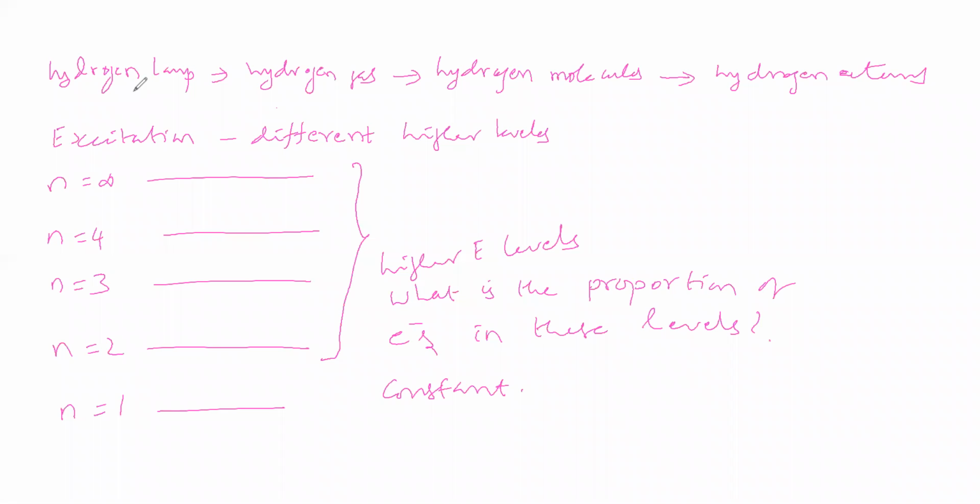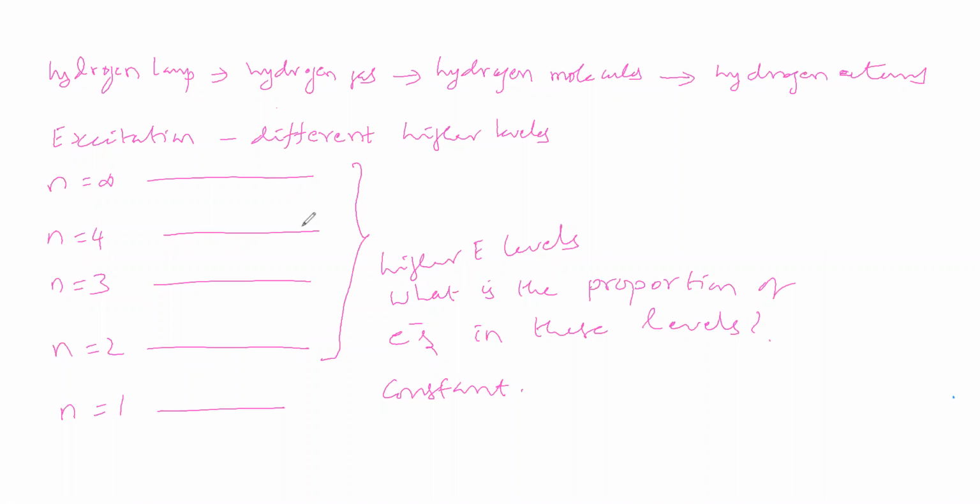Suppose we pass AC, there will be fluctuation, but it will not vary much. The hydrogen gas takes that current, the molecules take quanta and convert into atoms, therefore excitation, and electrons go to different higher energy levels, no doubt. Some electrons might have absorbed many quanta, some might have absorbed a lower number of quanta, any possibility is there. Therefore, different numbers of electrons are present in different higher energy levels.